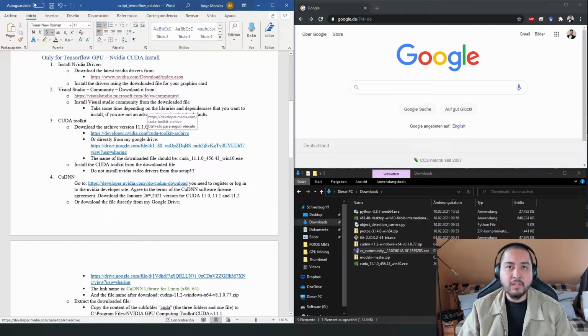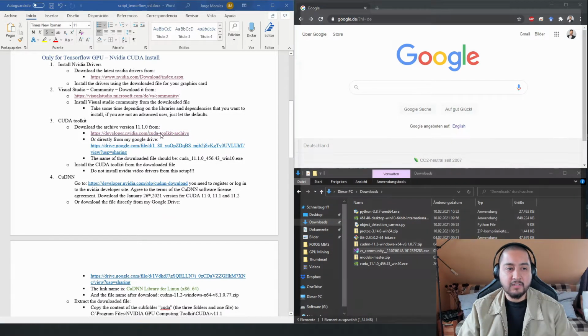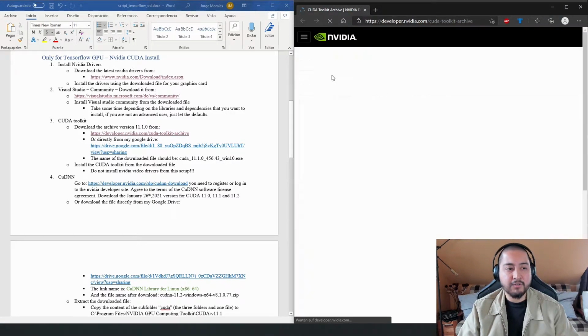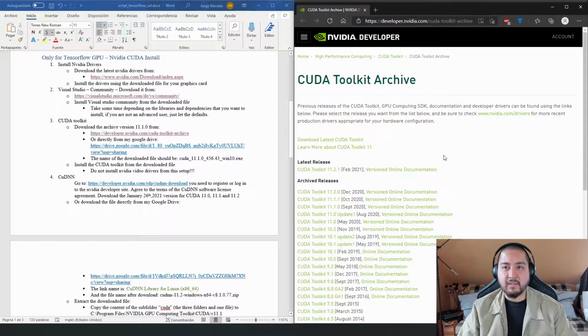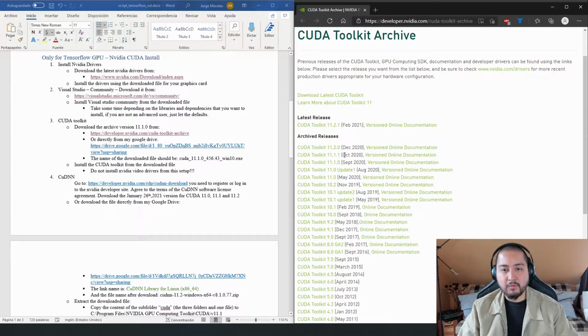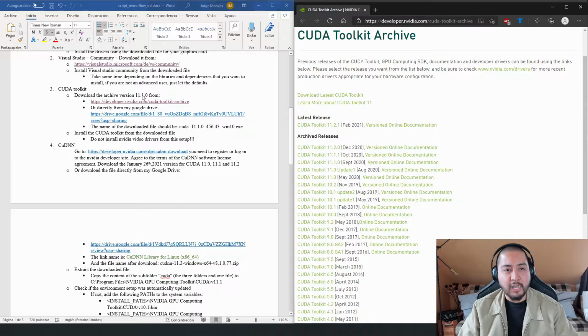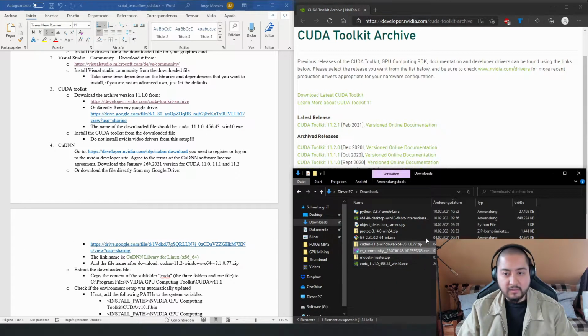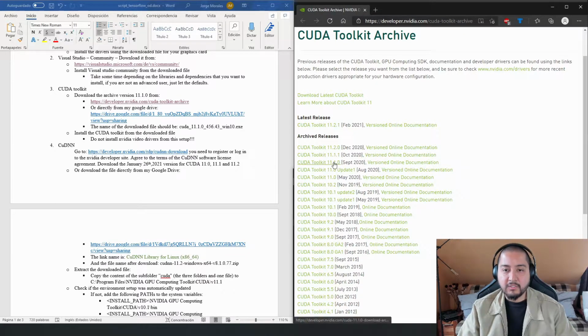So to download the CUDA Toolkit, you can go here to developer.nvidia.com CUDA Toolkit Archive. Just click on this, and then you are going to get this window. From this window, we need to download exactly the version 11.1.0. This one here, CUDA Toolkit 11.1.0. So you just click here,